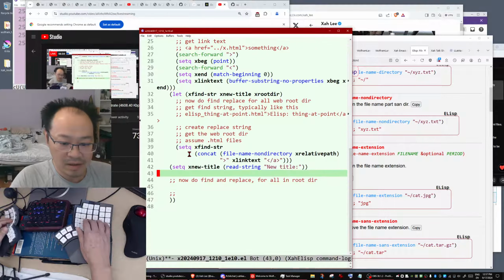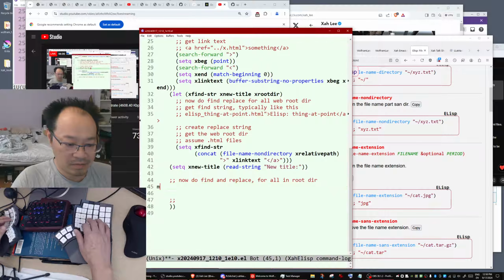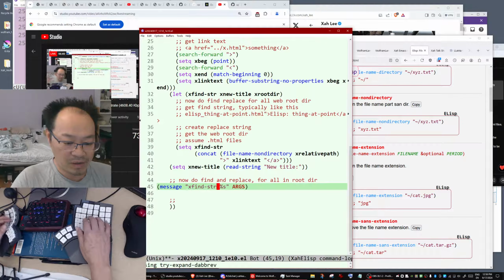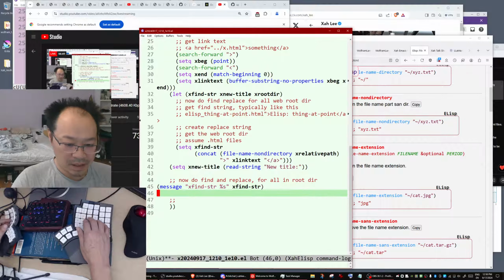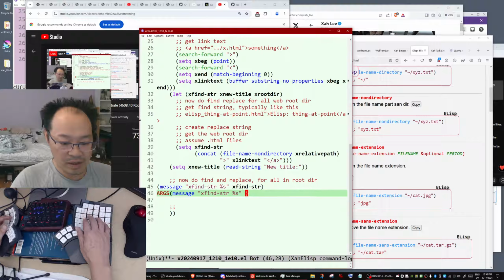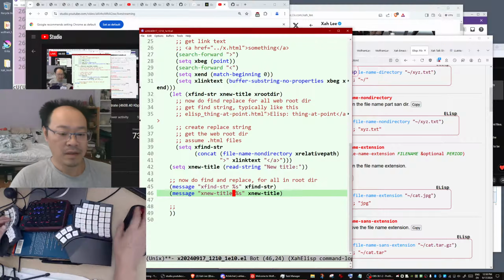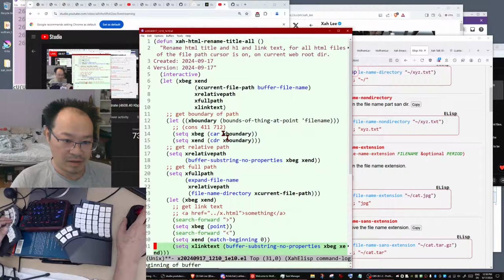So let's do it here with message: the find string is that, and we also want to print the new title. There it is, our whole code.